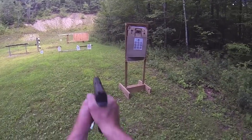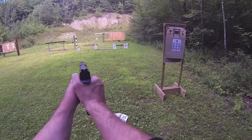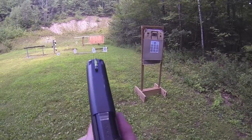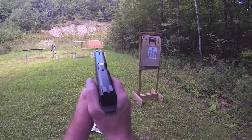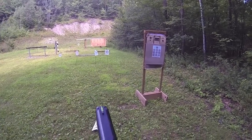to our steel, I come up, see the front sight, press my shot. Again, gun is at a high ready as I make the presentation. As I'm driving toward the target,